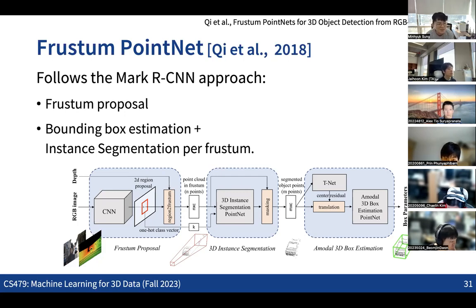So yeah, this is an interesting idea: we are combining Mask R-CNN and PointNet. We first get the 2D proposals using a 2D convolutional neural network, and then treat everything in the 2D mask as a 3D thing, by seeing the 2D mask as a frustum in the 3D space, and then using PointNet to get the 3D mask and also the classification scores. So this is also a simple idea.